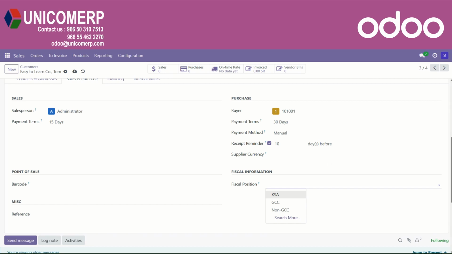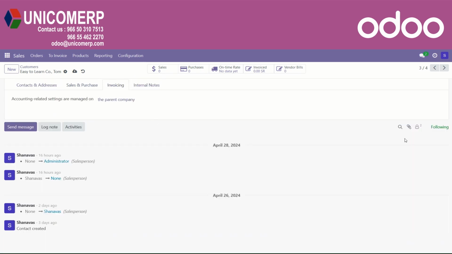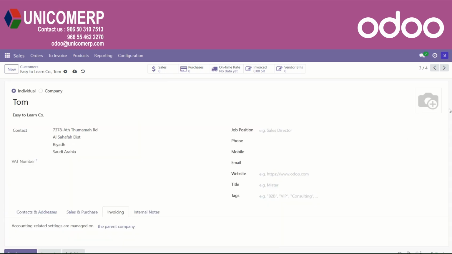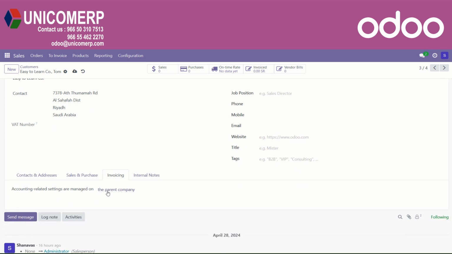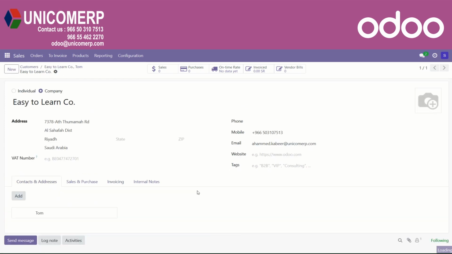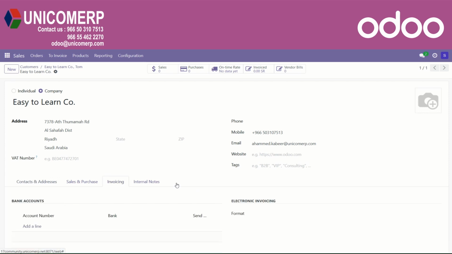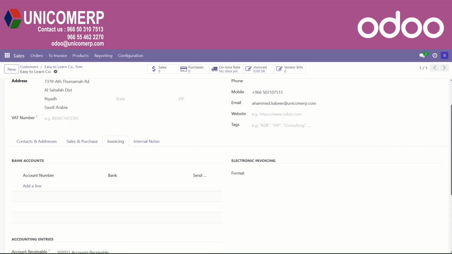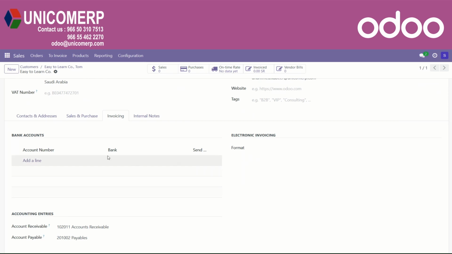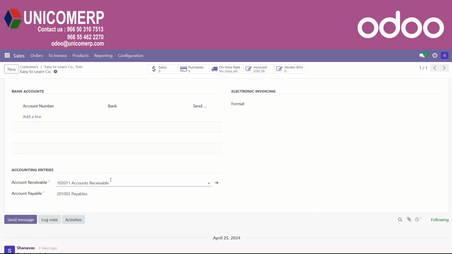Now we shall move to the Invoicing tab, the invoicing related settings for the customer. This is managed on the parent company. If you click on the parent company, it will redirect to the parent company details page. In the Invoicing tab, you can add the bank accounts, set the bank and account number, and some accounting entries which include account receivable and account payable.